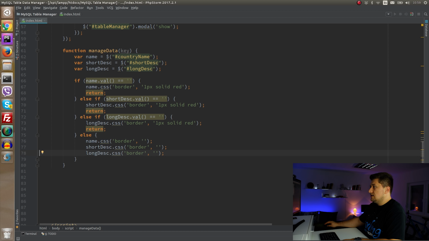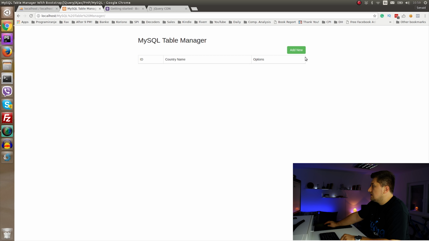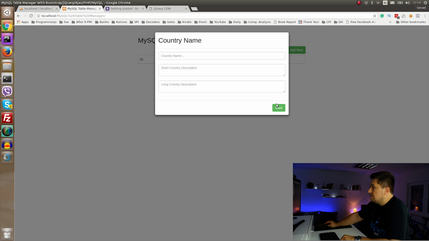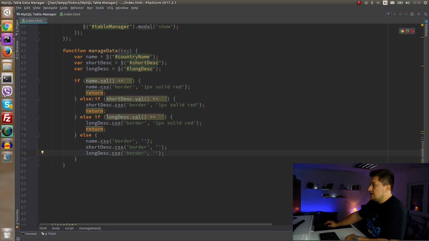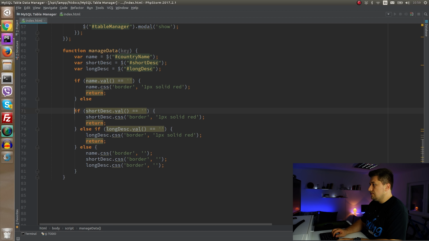Let's leave it as is at the moment, just make a test. So save country, and there is a mistake. If we write something here, click save, it selects again, but the problem is, as you can see now, this input is selected too, which means we should improve this. So we can say maybe like this, okay,